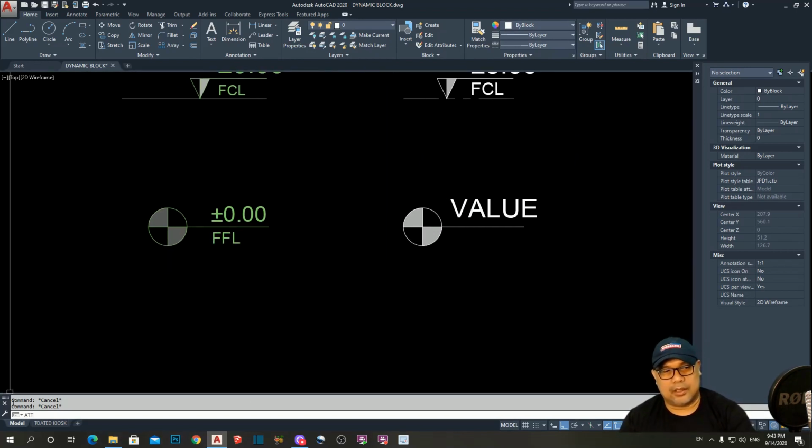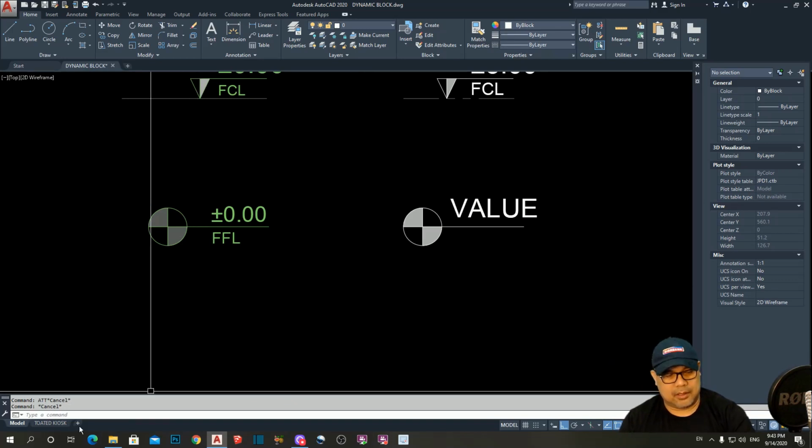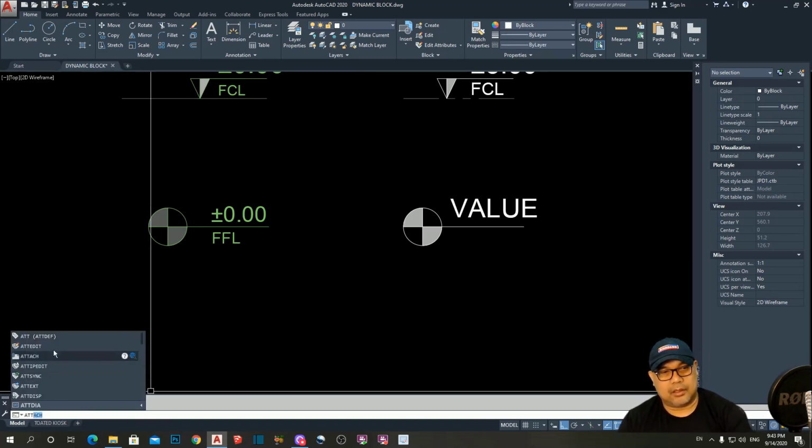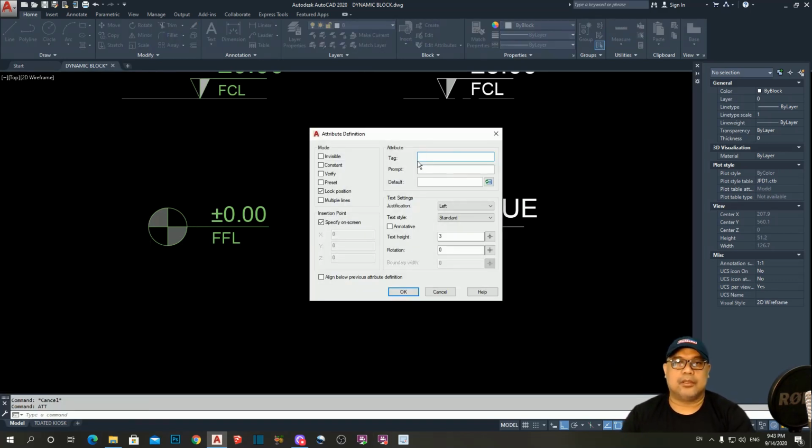ATT. Okay, ATT attribute definition. In here is the level. The prompt is level as well. By default, I will make that one also FFL. This time I will make this one top left. Okay, then